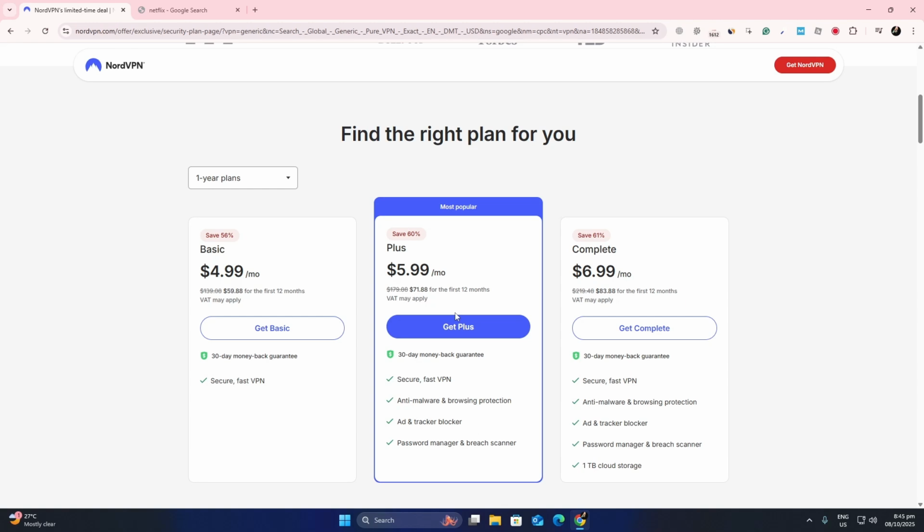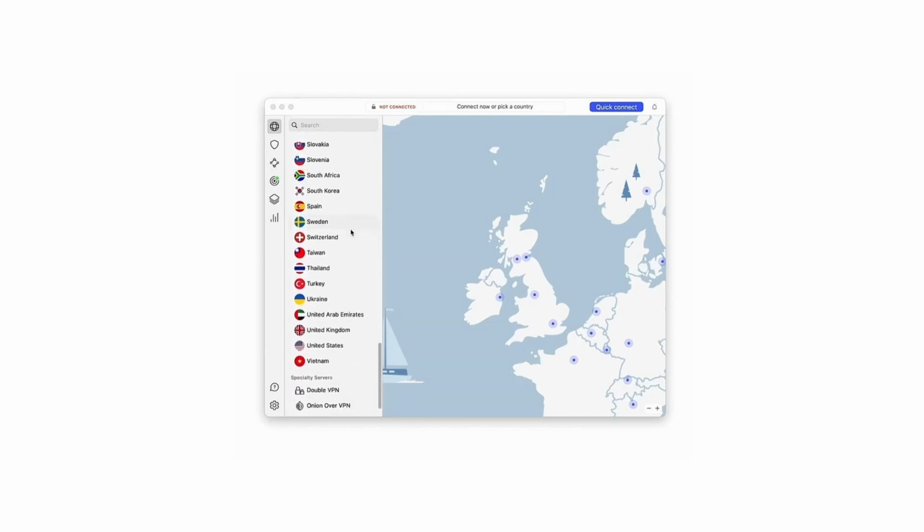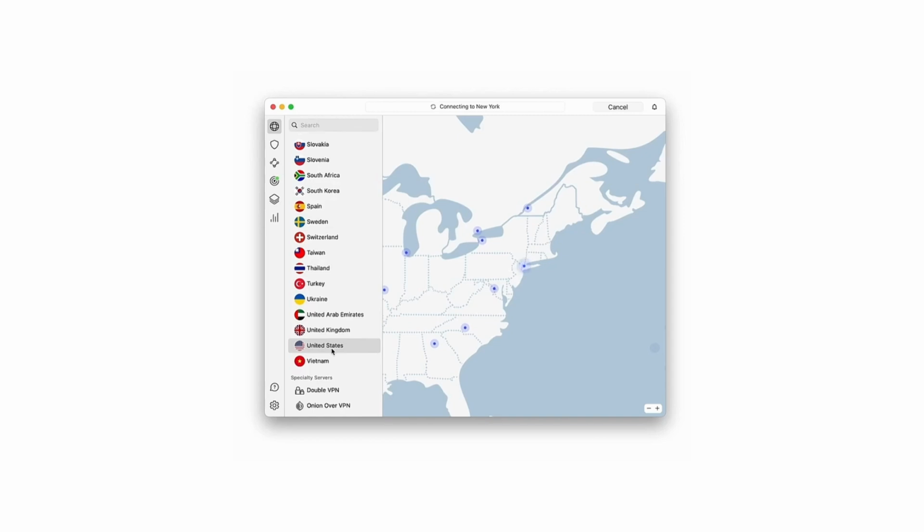Once the app is installed, open it and log in with your account details. You will see a map and a list of countries. To access US Netflix, you need to connect to a server located in the United States. You can do this by typing United States in the search bar or by clicking on a US location on